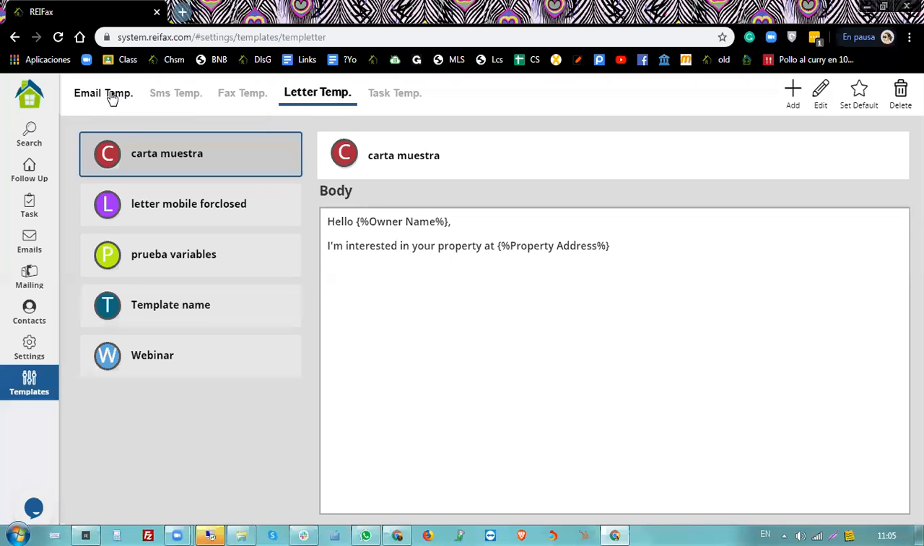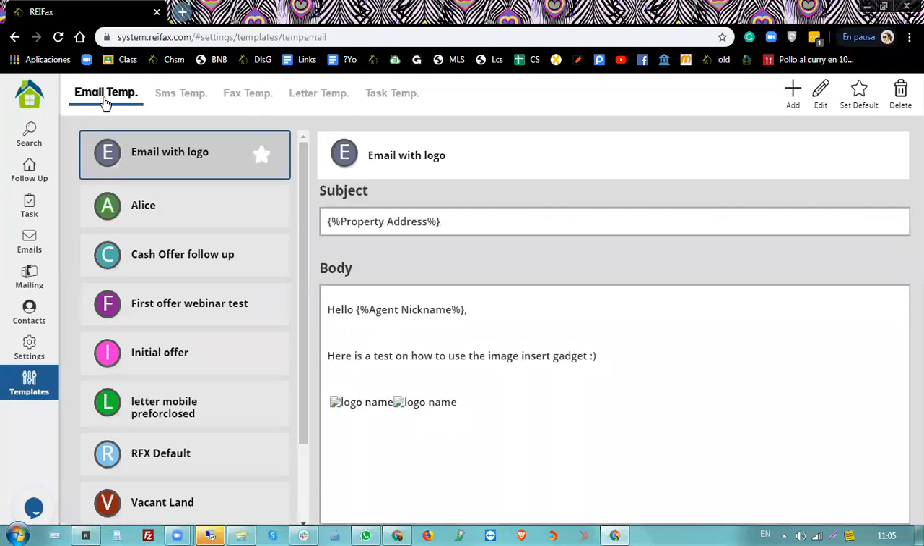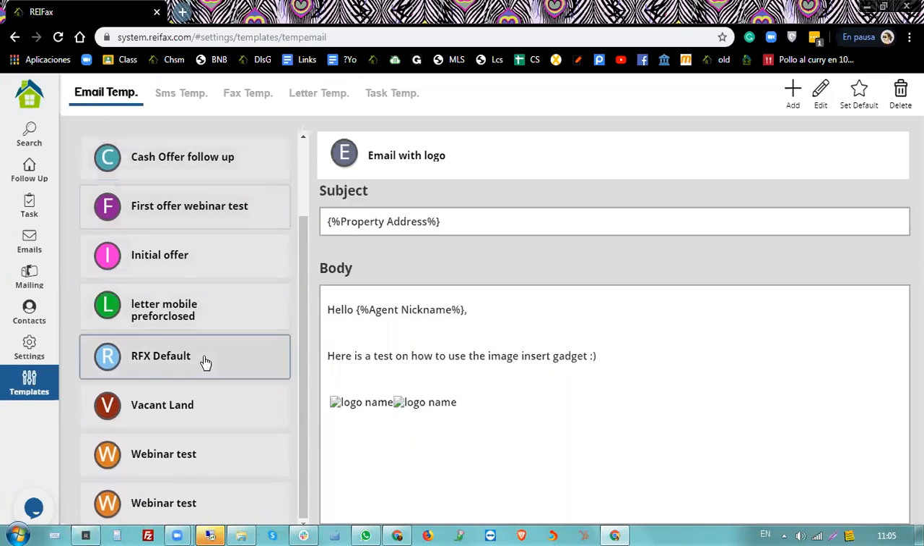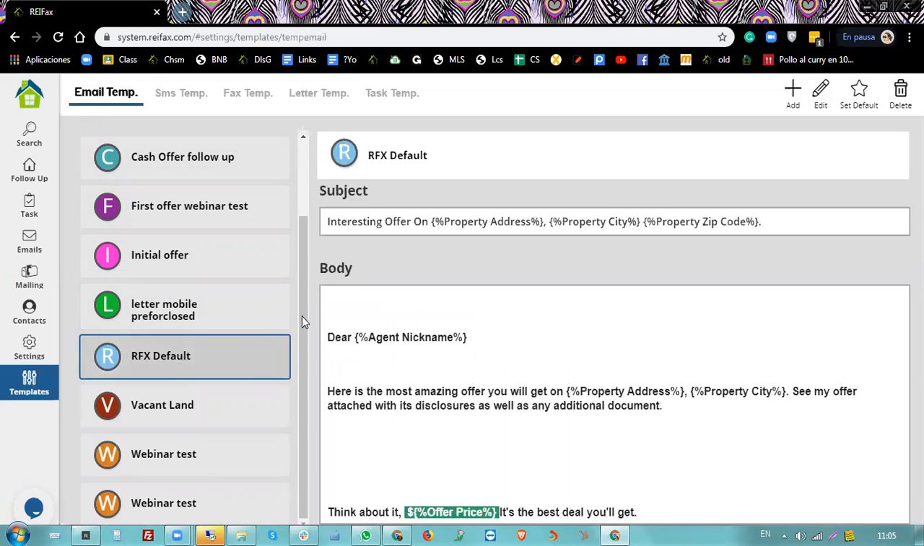So let's begin with our email template. Let's look for the default one and let me show you what it says. This is the REFX default template. It's a very simple template, just interesting offer and property, and the system uses these variables. I'll show you where you find those variables